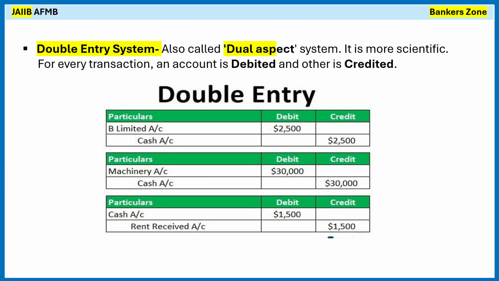What you have to understand is that for every transaction there is one credit and one debit, and only then will it match, right? So always remember, for every transaction there is a debit and a credit, called the double entry system. How and which account to debit or credit, we will see in detail. Don't worry about it.